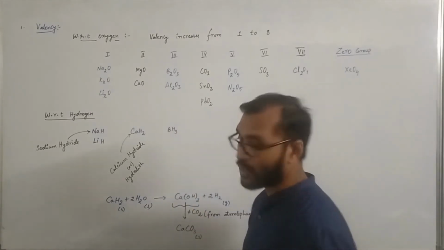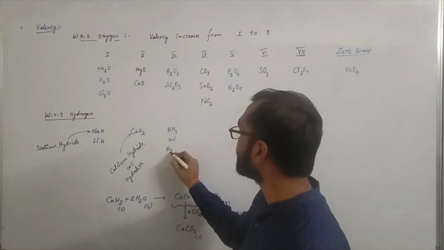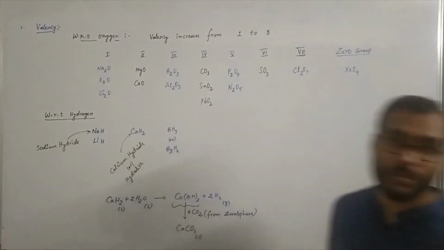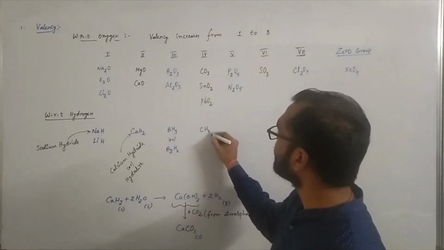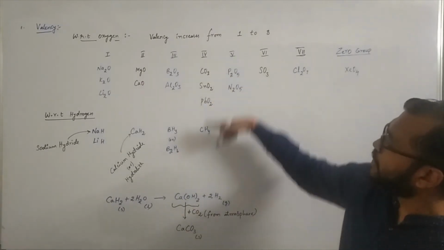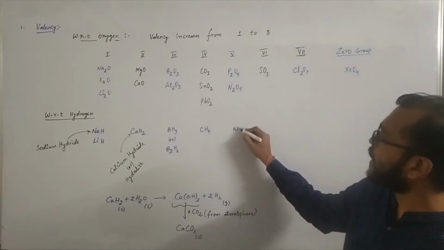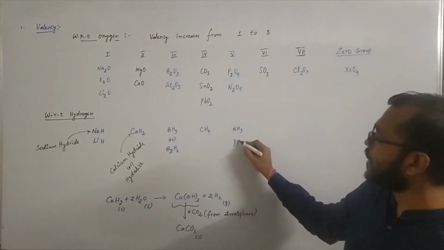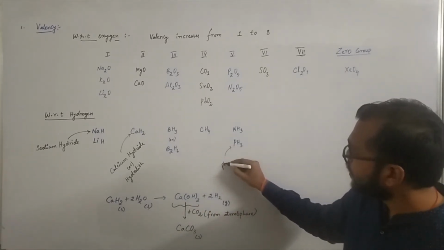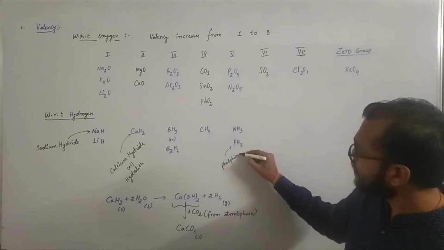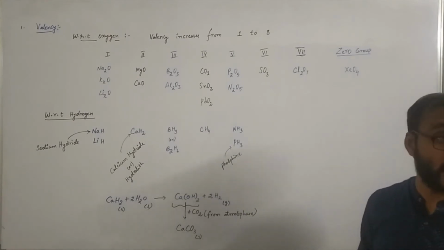Now, third group elements. BH3, boron trihydride. Instead of BH3, we write this as B2H6. Anyhow, valency of boron remains as 3. Next, fourth group, CH4. Valency of hydrogen is 1, carbon valency is 4. Now coming to fifth group, NH3, ammonia gas. PH3, phosphine gas. What do we call this as? Phosphine. PH3 is called as phosphine. This is ammonia. This is methane. Methane is also called as marsh gas.